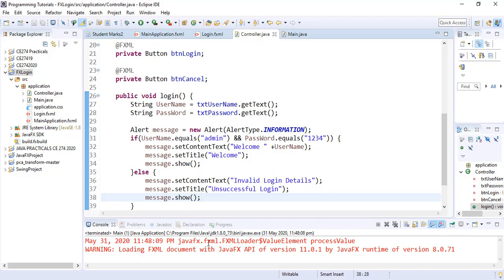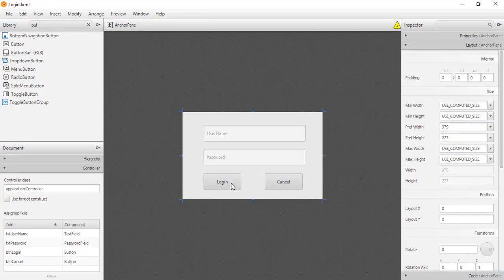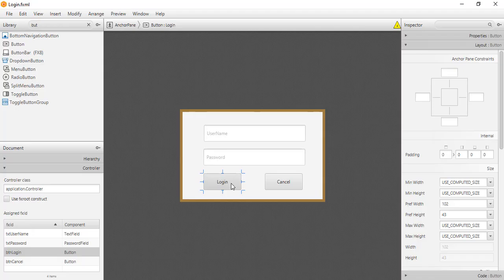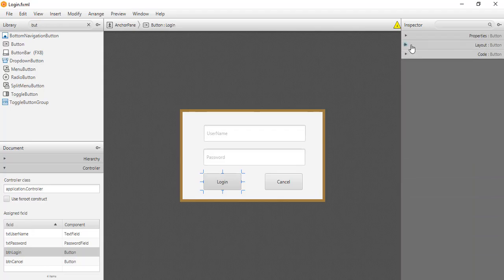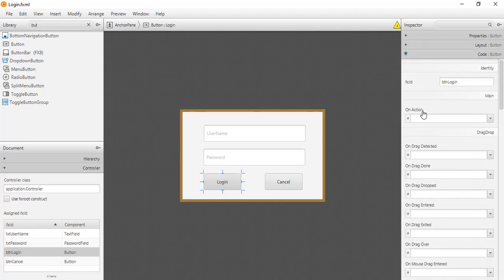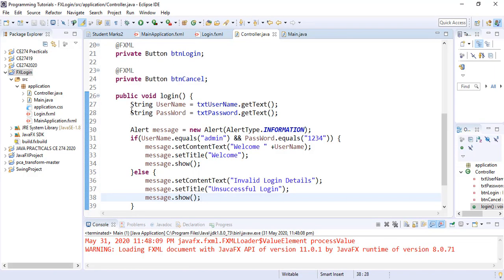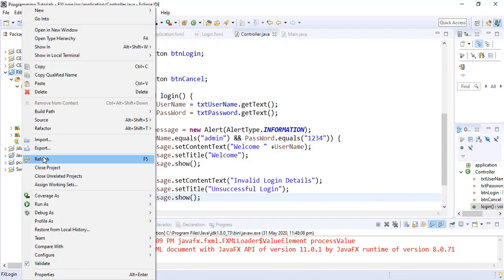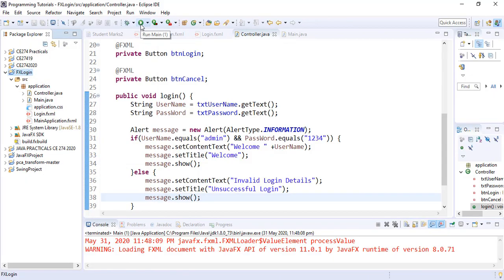and we go to our scene builder, and in the scene builder, go select the button, when clicked on, what should happen, and we go to the code, and at the code we can see on action. So what will happen if it is clicked on? So at the on action, we select login. Now we save it and we go to try to log in and see. So we go back, and what we need to do is to refresh before we run. Now when we run it,